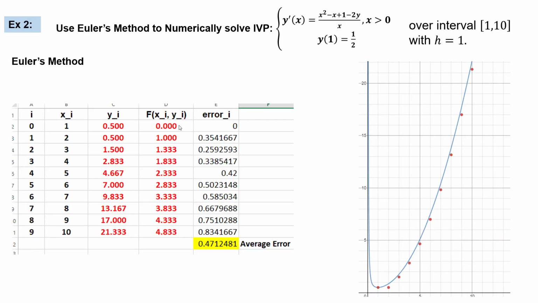Here are the errors, 0.47. Okay, and then here's the graph. All right, so